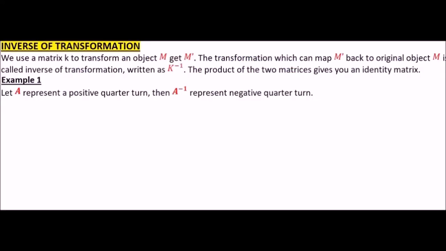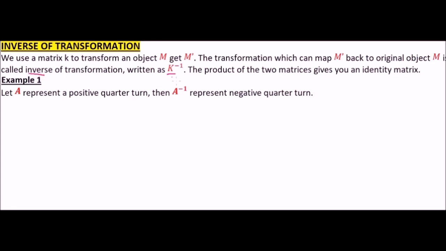So this is our fifth topic in our topic, matrices and transformation, which is a Form 4 topic. In today's lesson, we are going to look at inverse of transformation. Let's first of all read this statement. We use a matrix K to transform an object M to M prime. The transformation which maps M prime back to the original object is called inverse transformation,